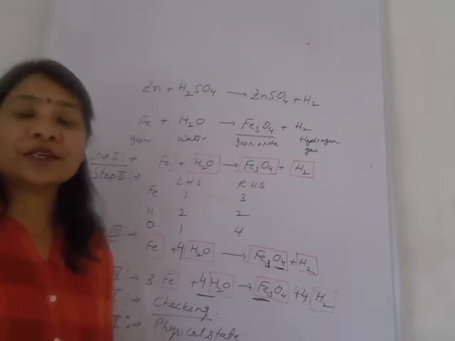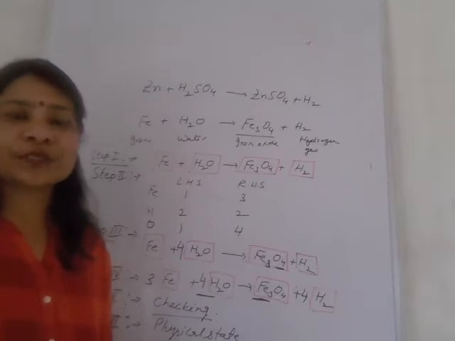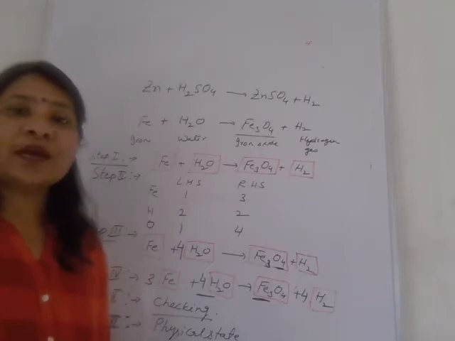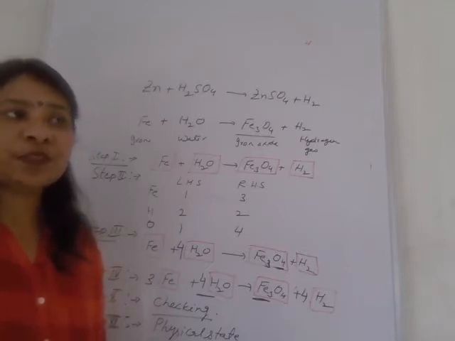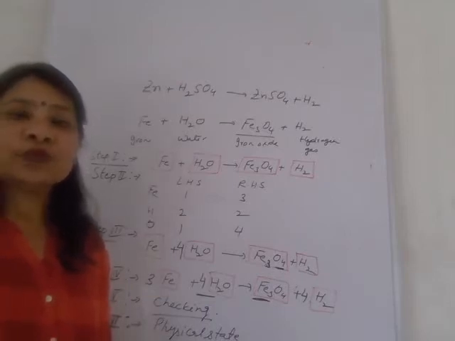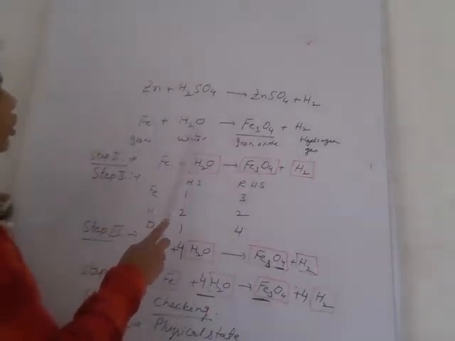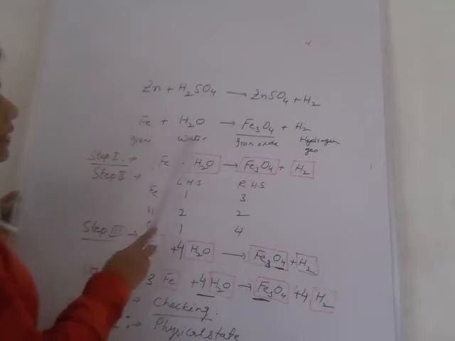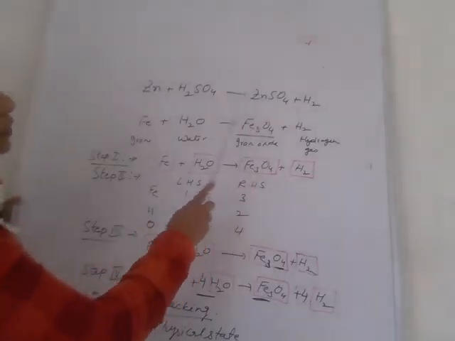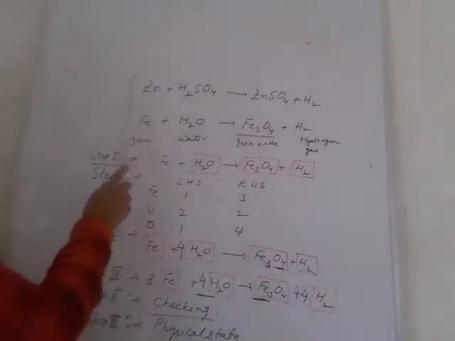So, students, we have already started the first chapter of chemistry, chemical reactions and equations. Through the audio note, we have learned what a chemical reaction is. To represent a chemical reaction, we have two methods, word equation and symbolic equation. So, what is a chemical equation? We have already discussed that in a chemical equation, we write reactants on the left hand side, whereas products on the right hand side. So, I have given you two examples.